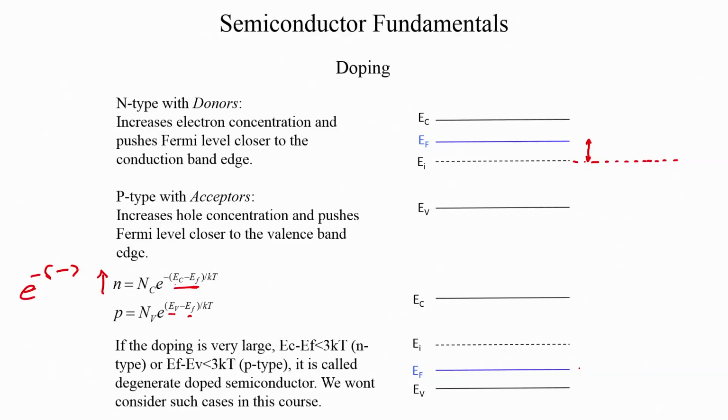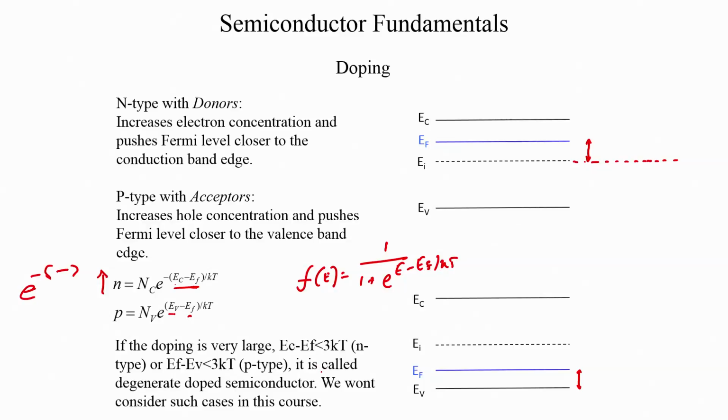the Fermi level moves closer to the valence band edge. So, now these equations, if you remember well, are all based on the Boltzmann's approximation. So, we started off with the Fermi function, which was f of E is equal to 1 by 1 plus e to the power E minus EF by kT,